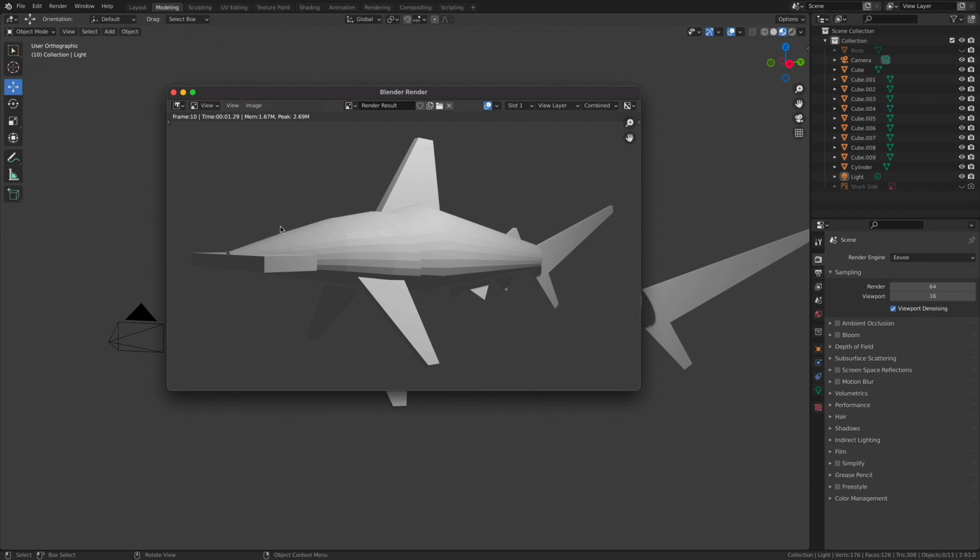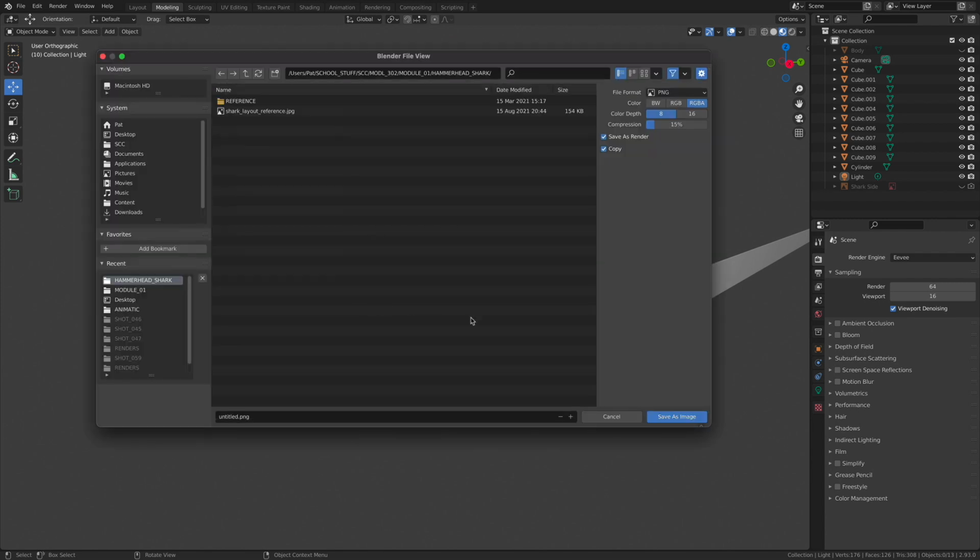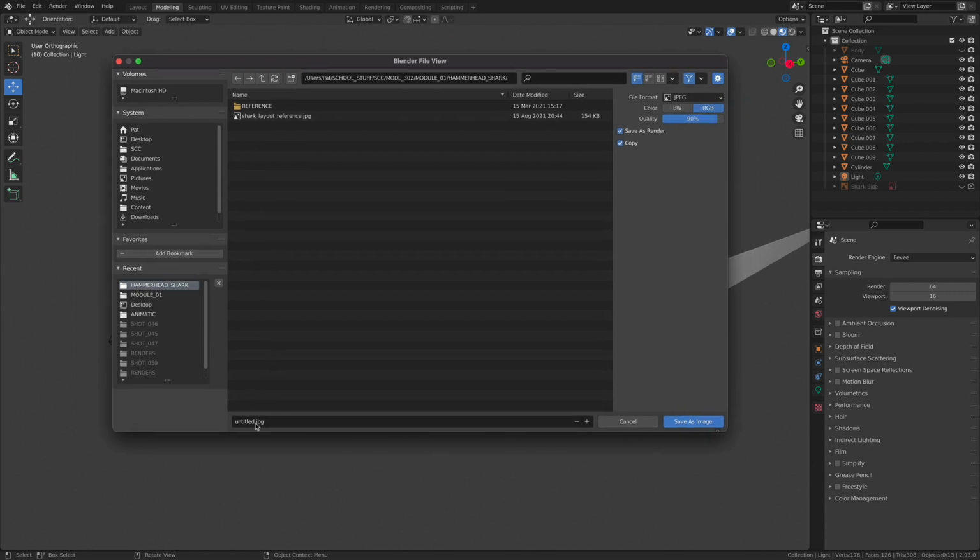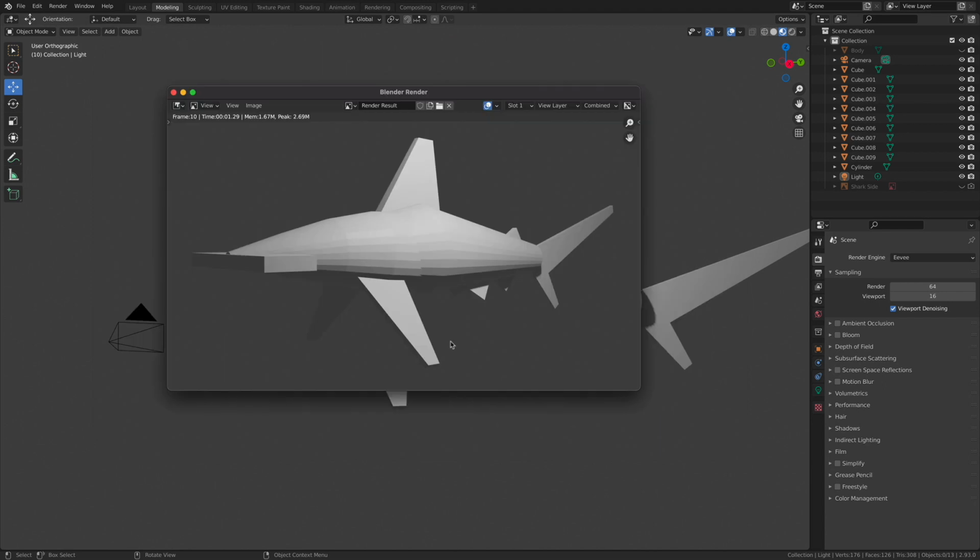And this is the picture that I just made. So now, naturally, I want to save this picture. So if we go into the Image pull-down menu, we can save it in any number of properties. You can give it a good name. Make sure you're understanding what it's called. The file format can be changed over here. A JPEG or a PNG is going to work just fine for the type of artwork that we're going to be producing in this class. But this is how you save an image. And it's just going to be a JPEG like any other JPEG on your computer. Rendering images out of Blender is very, very easy. But don't forget, it's kind of hidden. It's way up here at the top under Render Image.